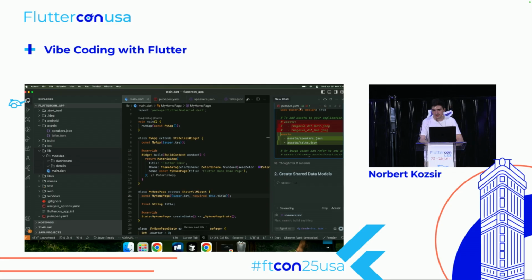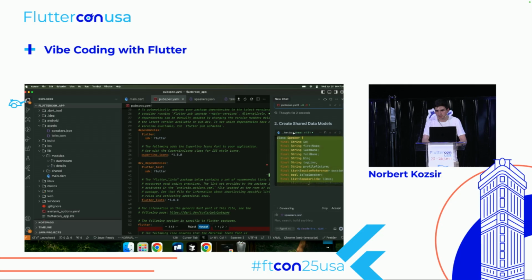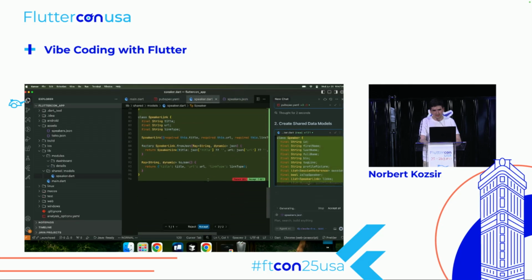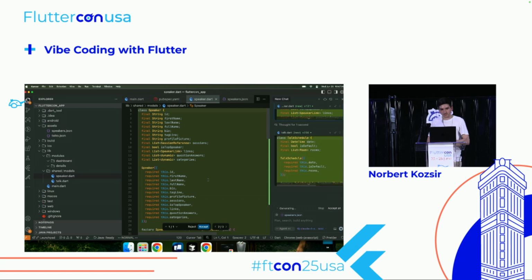Cool. So this seems to be working. It's registering the files. It's creating shared documents. So yeah, this is awesome. As you can see, it actually does all the from and to JSON. We could have used a generator that takes the document and creates PODOs, plain old Dart objects. But I just wanted to highlight that you can use any tool you want, but for tasks like this, the AI is usually pretty good and is able to work on this.